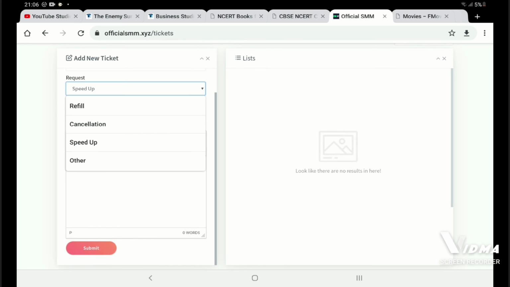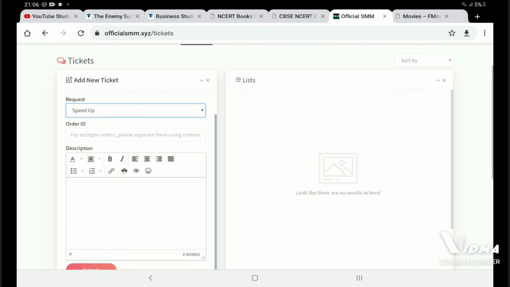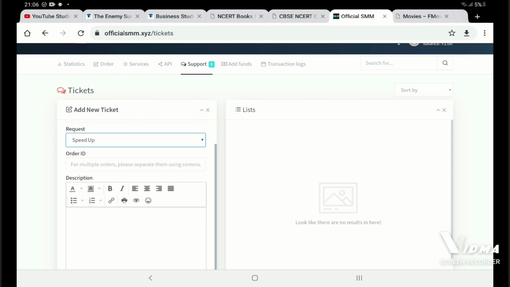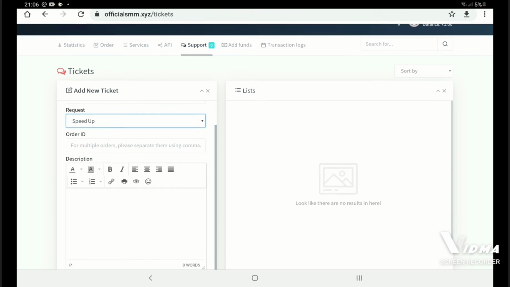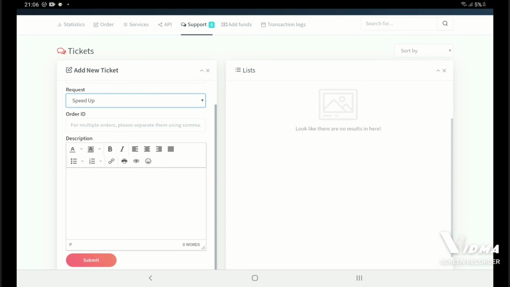And once you create a ticket, let me just show you. Now I have not placed any order yet, so I don't have an order ID to show you. But when you place an order, under your list, which is towards your right, you can get a summary of your ticket.